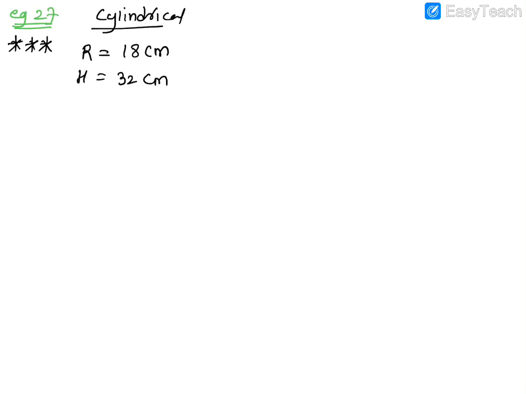Also, what they do now, this whole bucket was filled with sand and she empties the bucket on the ground and makes a conical heap. So when you empty, it has formed a conical heap. So now the radius and height of that conical heap is how much? The height is given as 24 centimeter, radius we are not given, and slant height also we are not given. So you have to find both radius and the slant height. But if you read the question properly, underline that slant height you want correct to 1 dp, 1 decimal place.